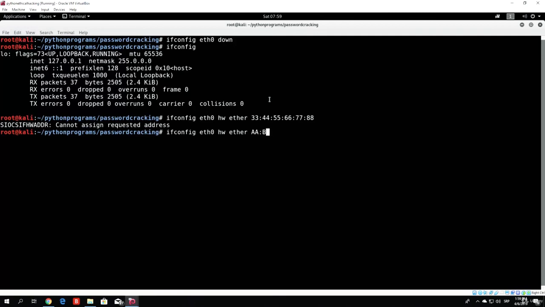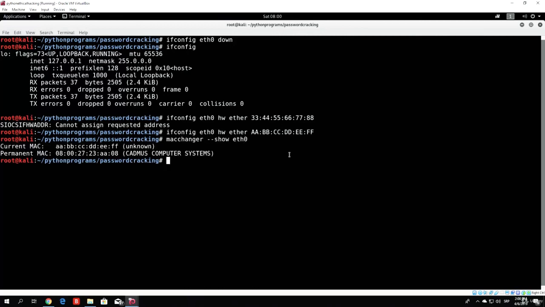AA:BB:CC:DD:EE:FF. And we changed our MAC address to be AA:BB:CC:DD:EE:FF. If we check our MAC address with the actual macchanger, we can see that our current MAC address is AA:BB:CC:DD:EE:FF. And all you have to do after that is actually put your interface back up with